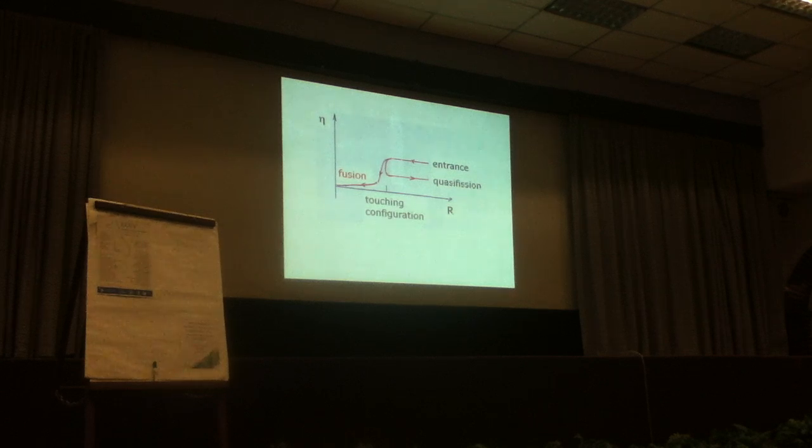Here is shown schematically in the eta-R plane how the system moves in these adiabatic models. Here is the entrance channel, and here you have the touching point, and then the system moves to some more symmetry. Eta 0 is a symmetric fragmentation, and some part goes out, and this is called quasi-fission, because no compound nucleus is formed. And the small rest goes then down and fuses here in the internuclear distance. So you can see the dynamics schematically in the